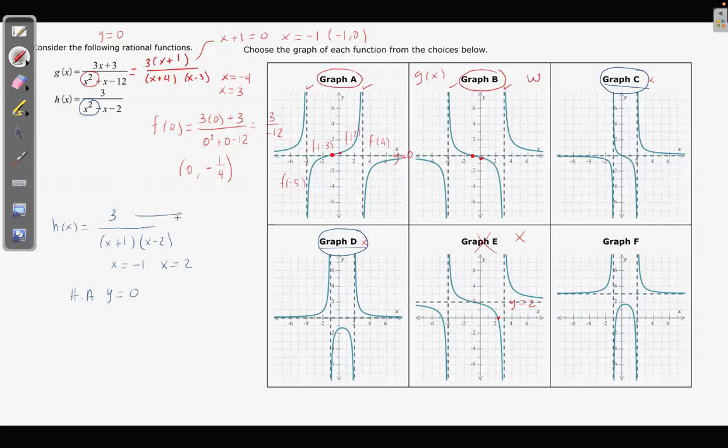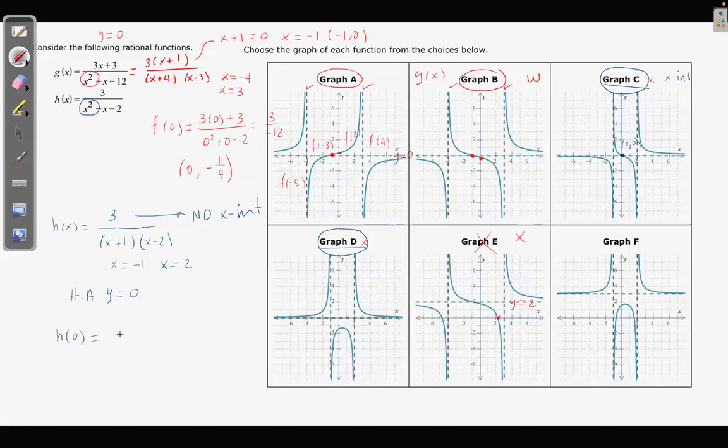Now, there is no x-intercept since there is no x in the numerator. So the thing with that is that we are not going to be crossing the x-axis, and this one is crossing the x-axis at 0, 0. That is breaking the rules. This one does have an x-intercept. So looks like it's going to be graph D, but just to be perfectly safe,